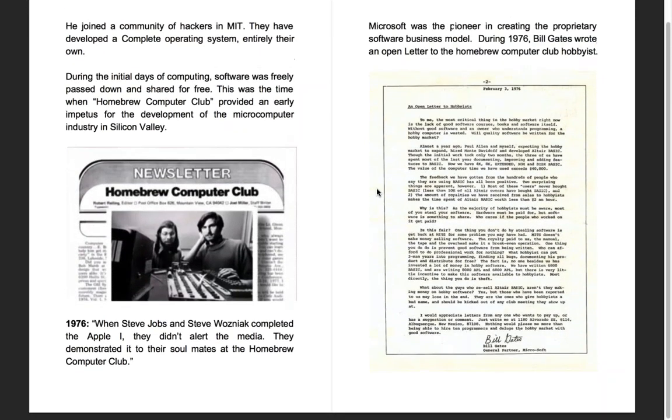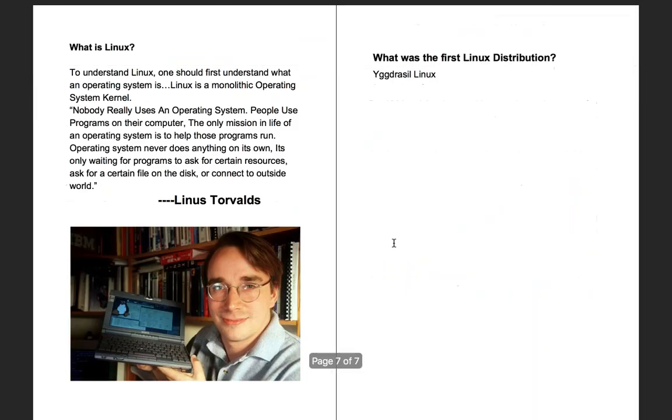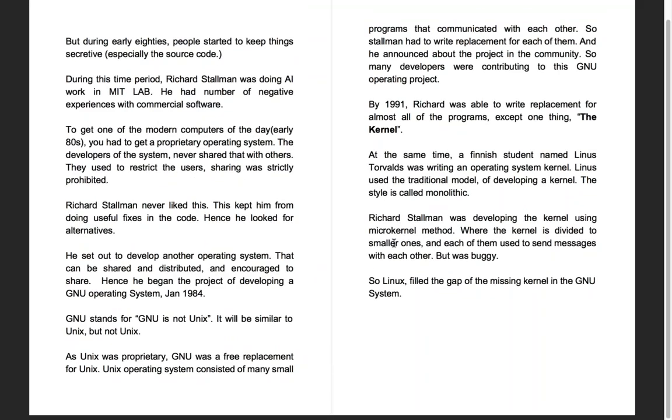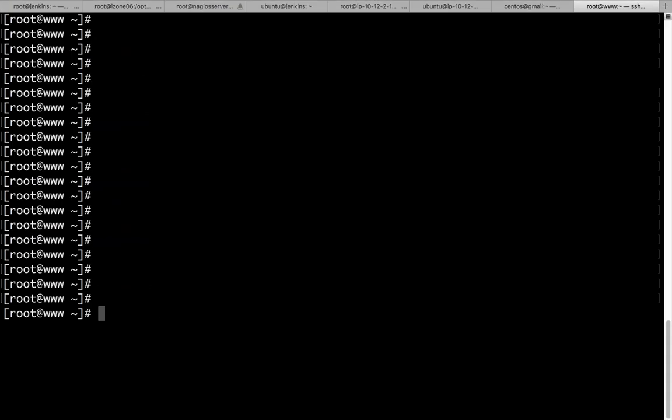So this guy right here, Richard Stallman, he thought of building his own operating system, and a lot of other co-workers also joined him and started writing the operating system. When I say operating system, as I just mentioned, a bare skeleton operating system is pretty much useless as far as a user is concerned, because, let me reiterate, you are never ever supposed to use an operating system directly. In fact, people use programs on their computer, and you will never use an operating system directly.